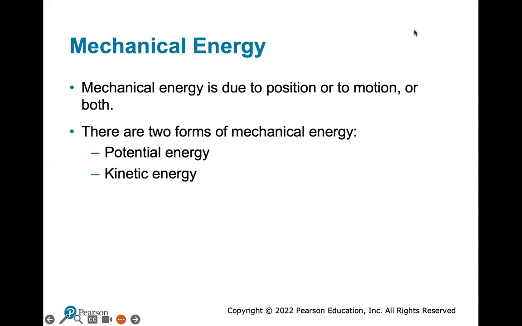Potential energy is the energy of position. Whether you hold a mass 1 meter off the ground, or you compress a spring so many centimeters, it has the potential to release the spring and, let's say, throw out a ball bearing or something like that. So potential energy is the energy of position. Kinetic energy is the energy of motion. If you have velocity, you have kinetic energy. If there's no motion, then you have no kinetic energy.